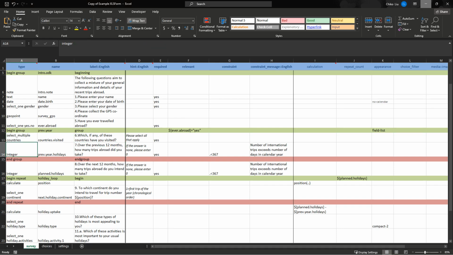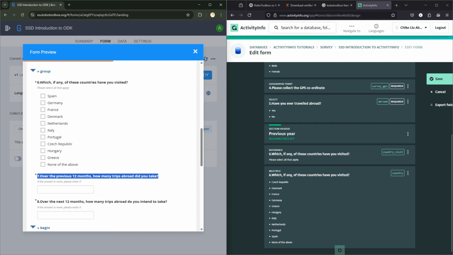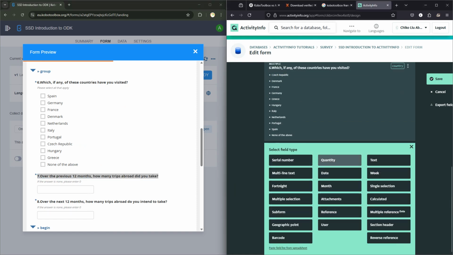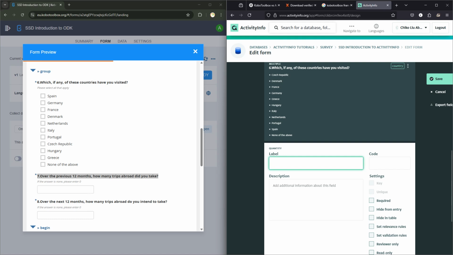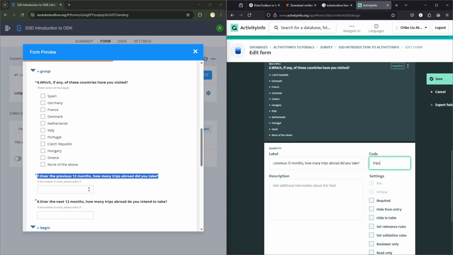So I am just going to add quantity, paste this. I'll just say trips as the code, and